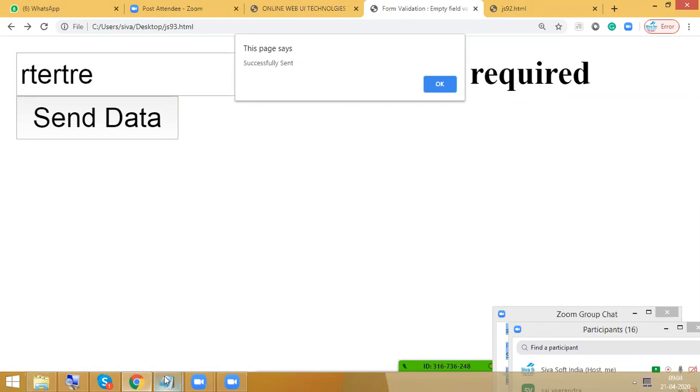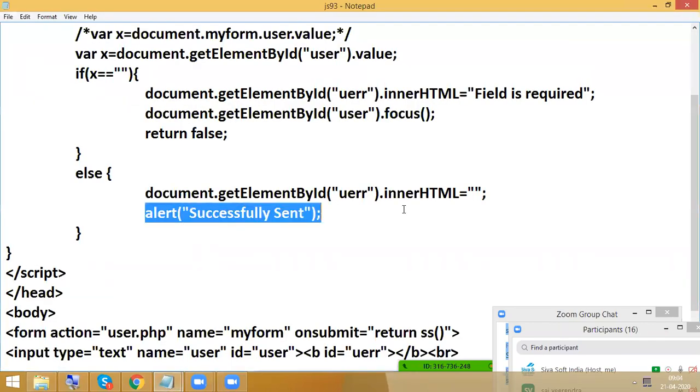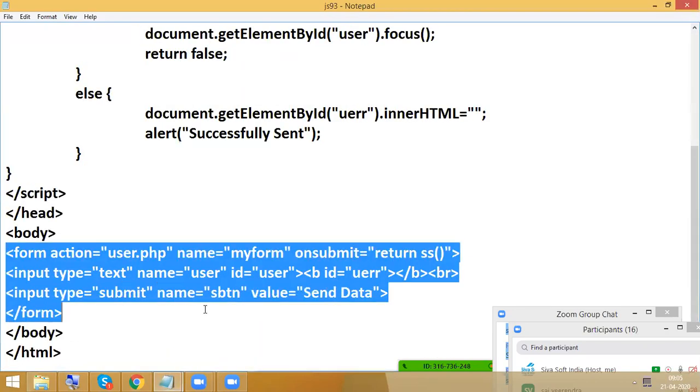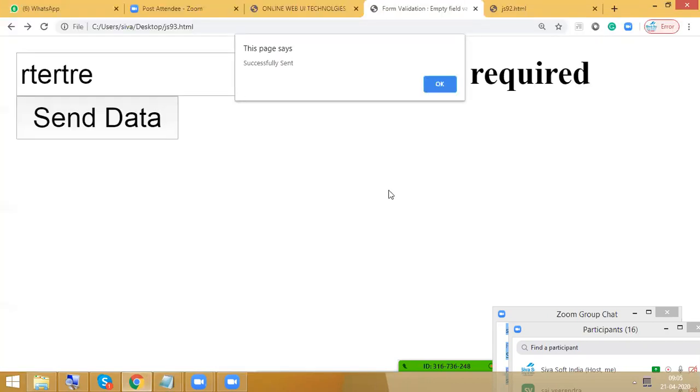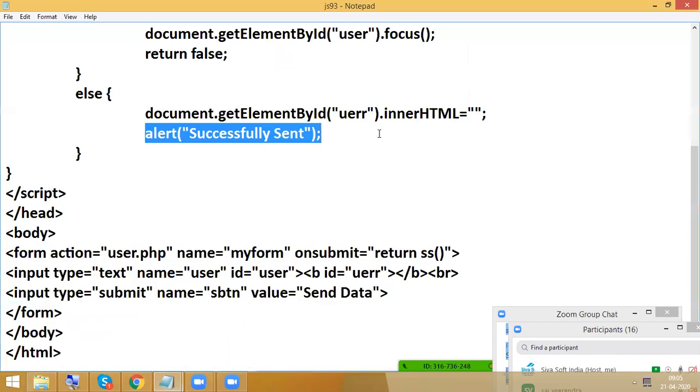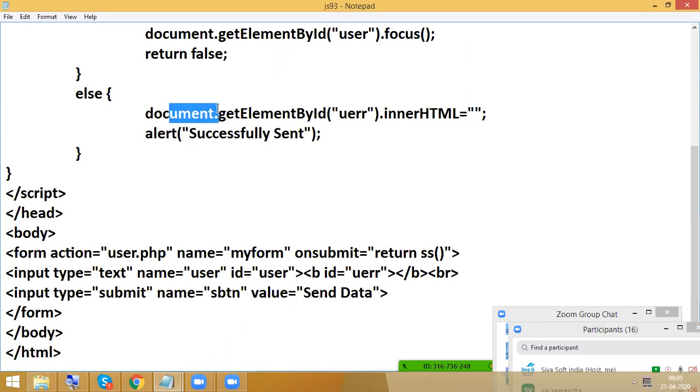Why is it happening like this? If you remember the window and document concept, window means the whole browser, including the browser address bar, everything. Document means a particular part, whatever we are writing inside the box, while the whole thing is the browser, nothing but window. Yesterday we discussed this alert, which belongs to the window object, but this is based on the document object.